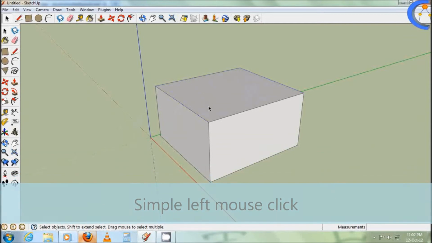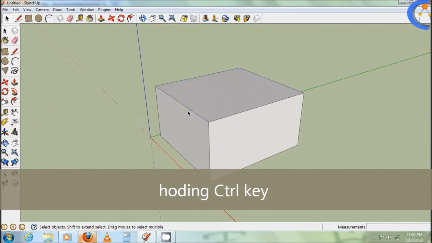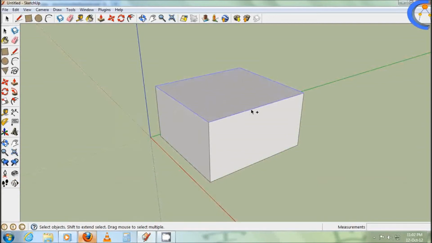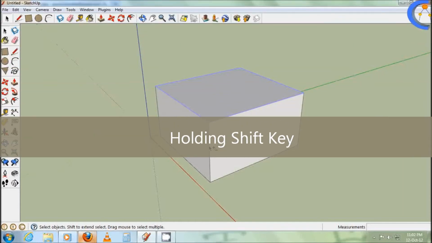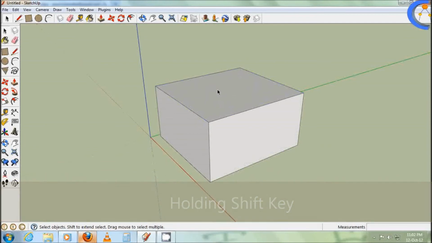To select multiple entities like 2 edges or 2 faces or an edge and a face, we can keep pressing the control key and then click on multiple entities for selecting them. You can use the shift key in place of the control key also. Basically, the difference lies in the selecting and deselecting behavior of the two. The control key only selects the entity. I am currently holding the control key on my keyboard and you can see a plus sign with my cursor. It indicates that it supports addition only, which means that you can't deselect an already selected entity by clicking over it again. I am clicking over this face, but it is not deselecting.